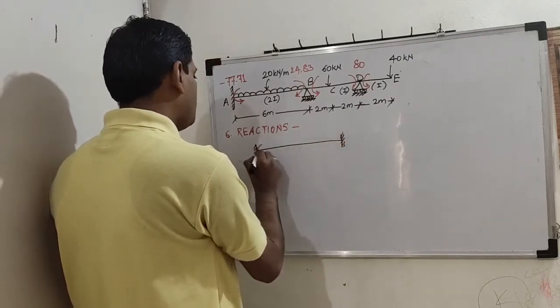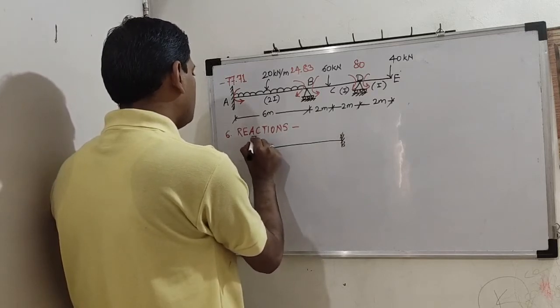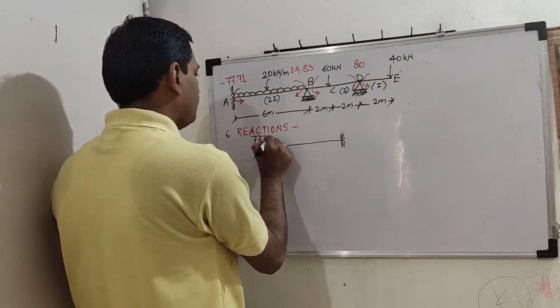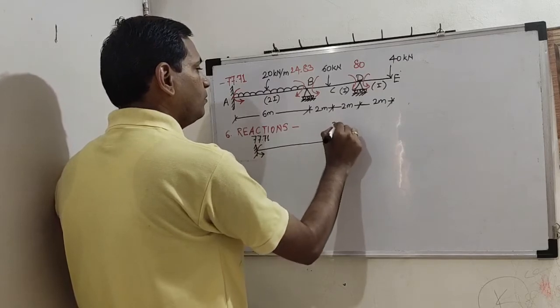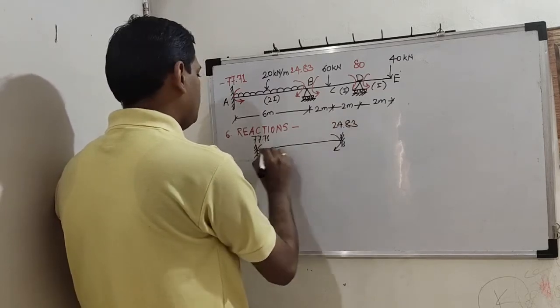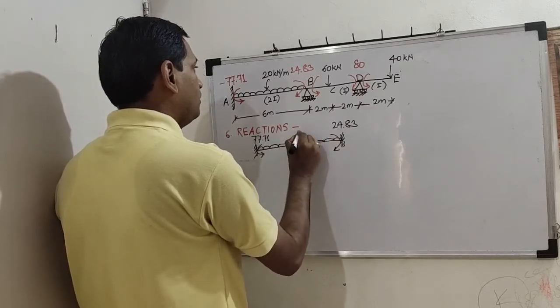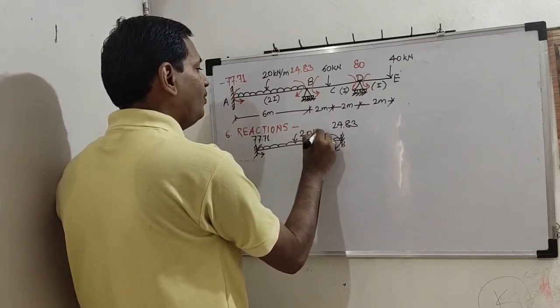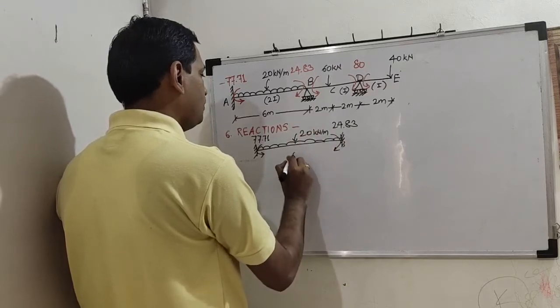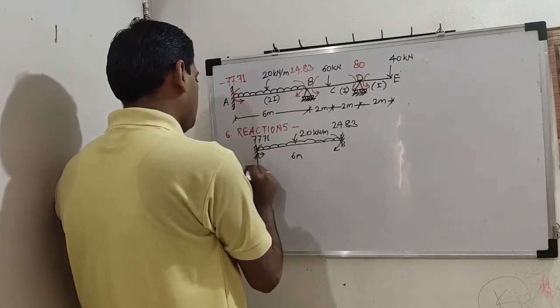Show these reactions and external loading. So this is 20 kilonewton per meter UDL, this is 6 meter span, this is RA,